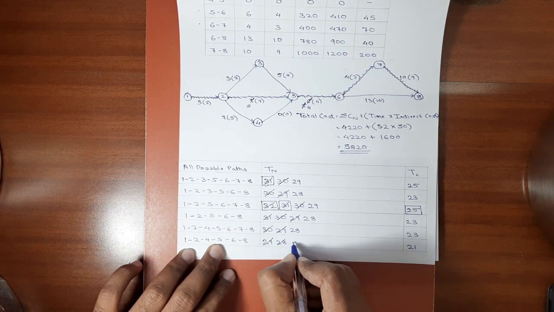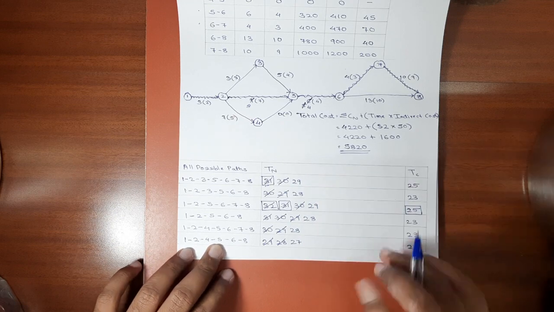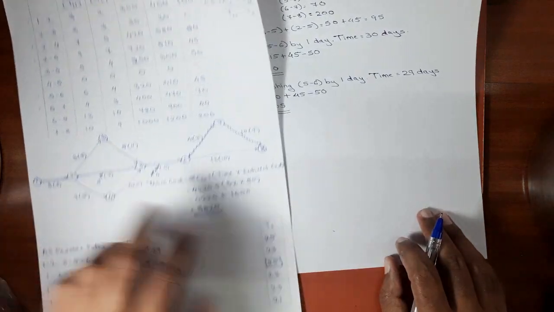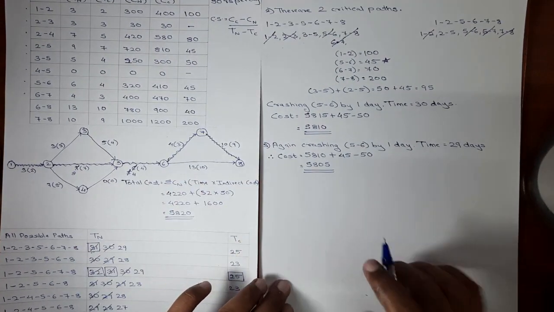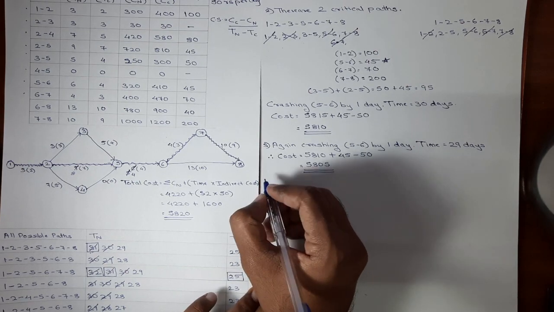Last path also. 28 will become 27. Okay, again 29 is the maximum duration for these two paths. No new critical path is added, but activity 5, 6 is now out of the picture because it cannot be crashed further. Okay, so in fourth step of crashing,